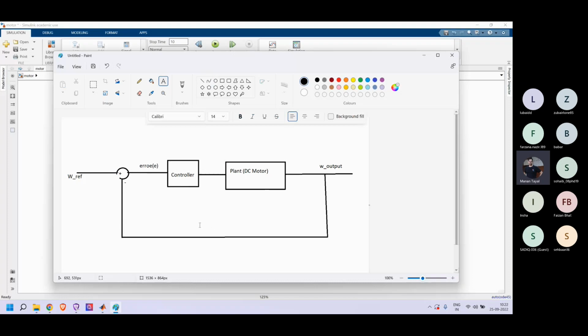Well, e, right? Then this, okay, this should be error. I just by mistake wrote it E. So this error goes inside this controller, and then this controller accordingly adjusts the voltage which is given to the plant, and then the plant basically modifies my output, and then there will be some improvement in the output maybe, and this output is again a feedback of this output is again given to the reference, then again a new error is calculated,